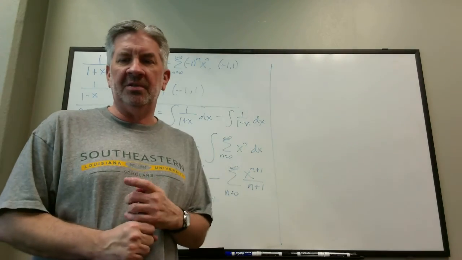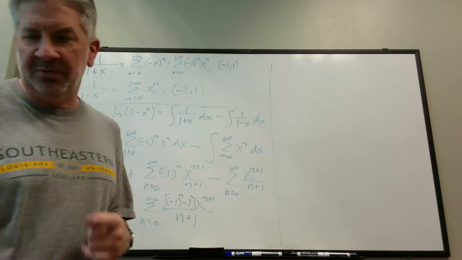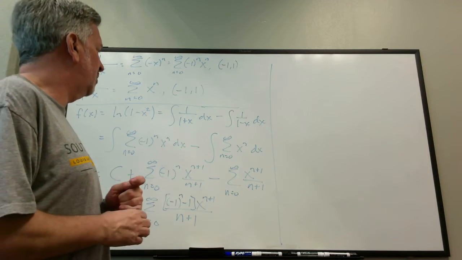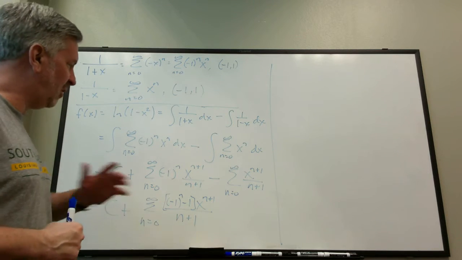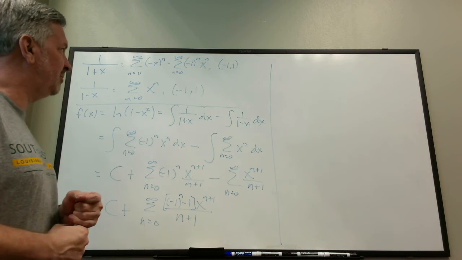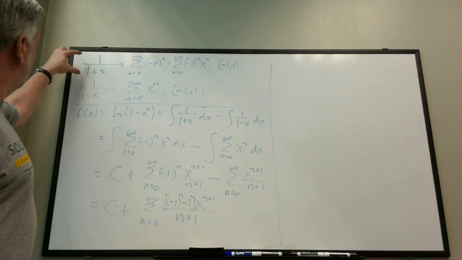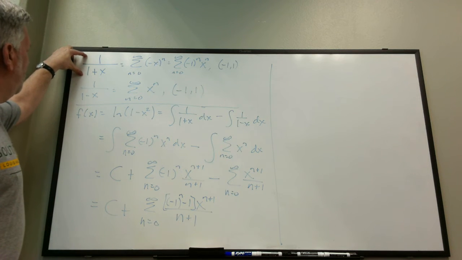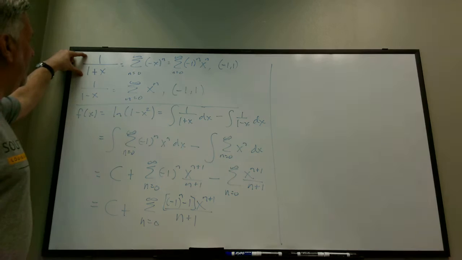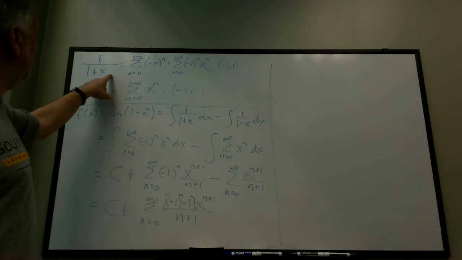Okay, we have to finish this example in section 9.9. This was number 24. So this is where we left off. Let me go back to the beginning quickly and explain what we were doing. So we were given this function 1 over 1 plus x, and we were told that the power series representation